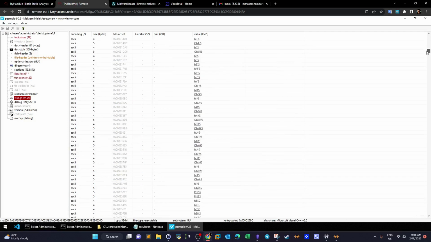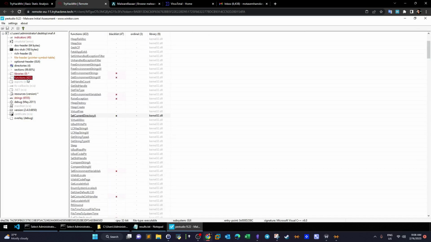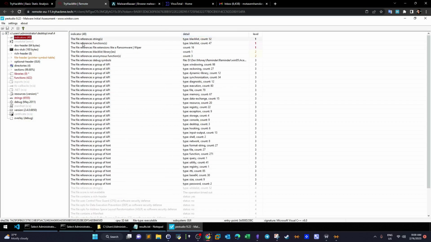So this is very helpful, guys, when analyzing malware. If you have a list of the blacklist, you can quickly judge the behavior of the file. After the strings, we also have around 47 blacklisted functions. The file references file extensions like a ransomware wiper. We have 16 counts. So if you go to references here,